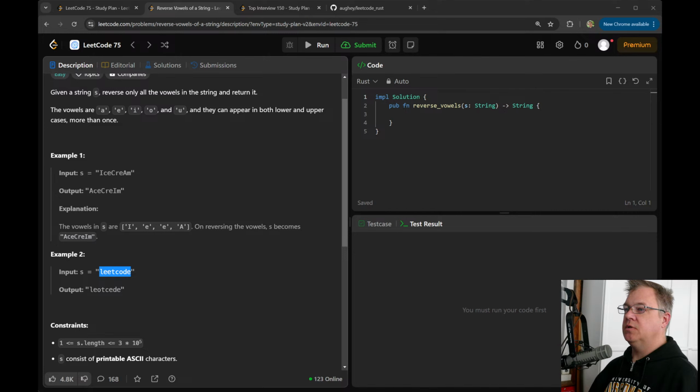C is_vowel, lowercase. Returns two lowercase, right?